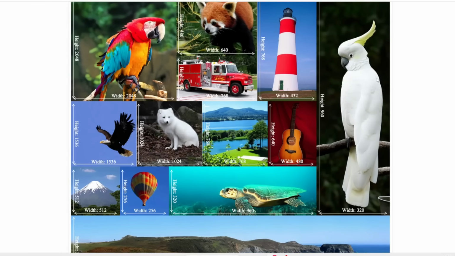Note that the quality of these generations aren't amazing, so if you're looking for quality, I would still go for the state-of-the-art generators out there like HiDream and Flux. But if you do want to generate images in extreme aspect ratios, then this might be a good option for you.